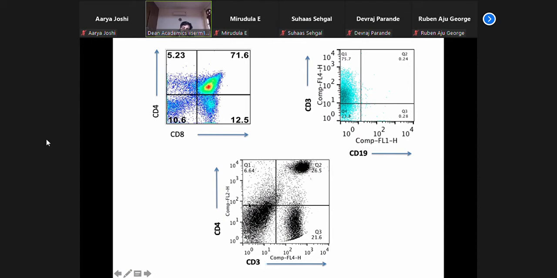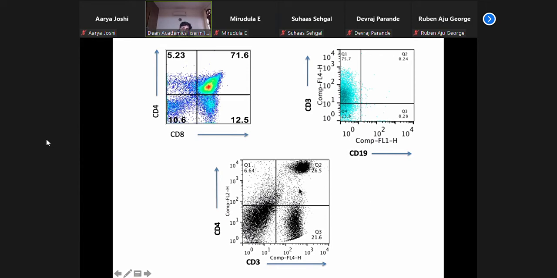Again, you get cells which do not express either CD3 or CD4. Here you have T cells positive, so the lineage marker CD3 is positive on this axis. And here you have double positive cells, which express CD3 as well as CD4. And here you do not have many cells which express CD4. Now,